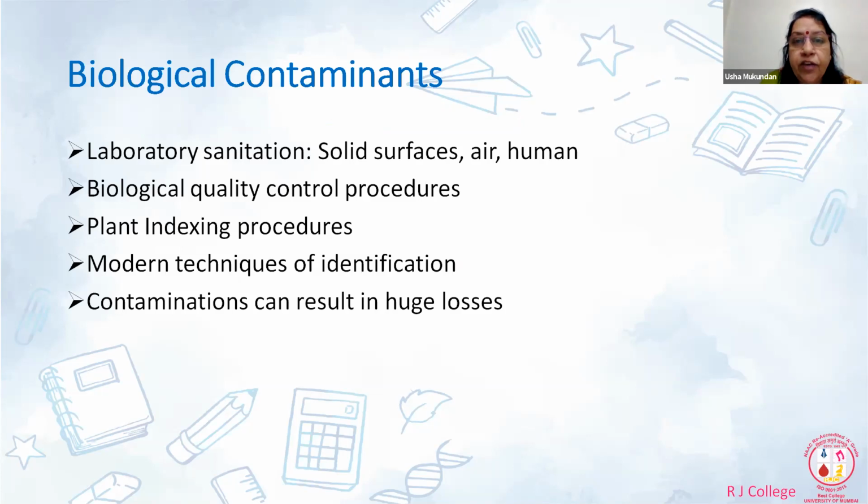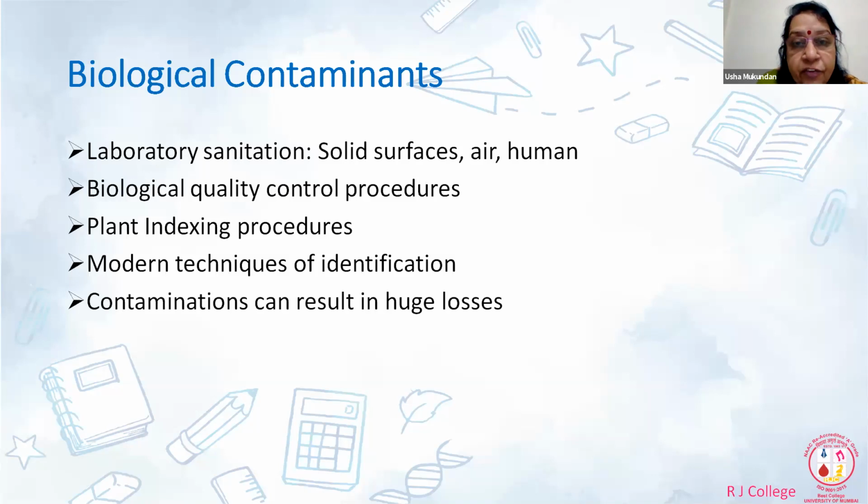All right. Now we come to the second important problem, that is biological contaminants. This is another very important skill that you must acquire, because if you end up in quality assurance, these skill sets will come handy to you. Now, in a tissue culture laboratory, the laboratory itself should be totally clean. Right? Now, in the laboratory, what do you have?